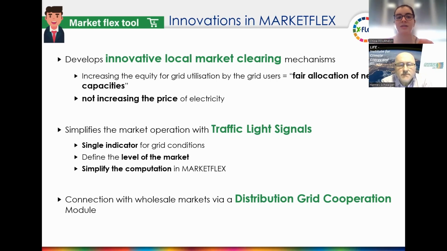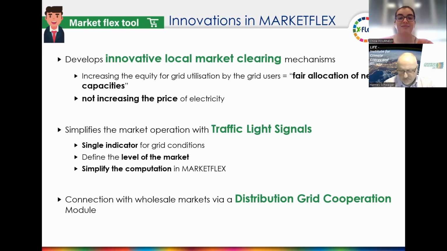So what we thought with these clearing mechanisms without a price is to increase the equity for the grid users, because for local markets, we may talk about people who are just like you and I, having maybe electric vehicles that would be willing to participate in a local market. So we're not able to provide much money to actually charge our vehicle on top of the existing price of electricity. So this is what we are studying at the moment.